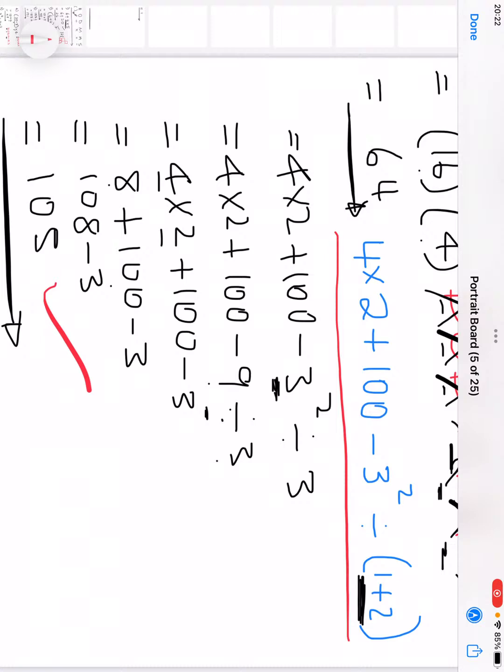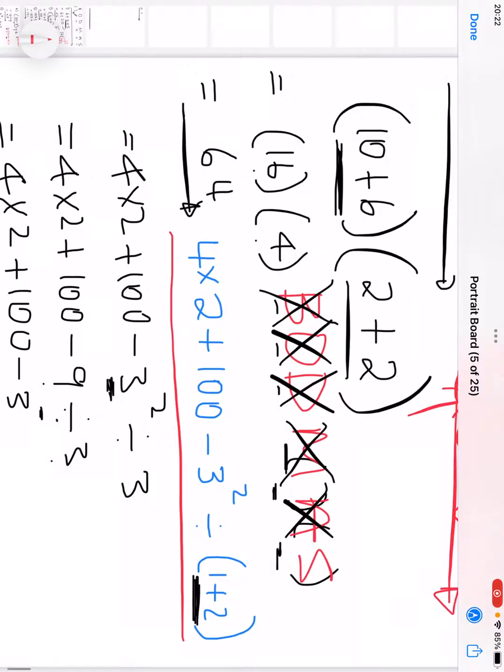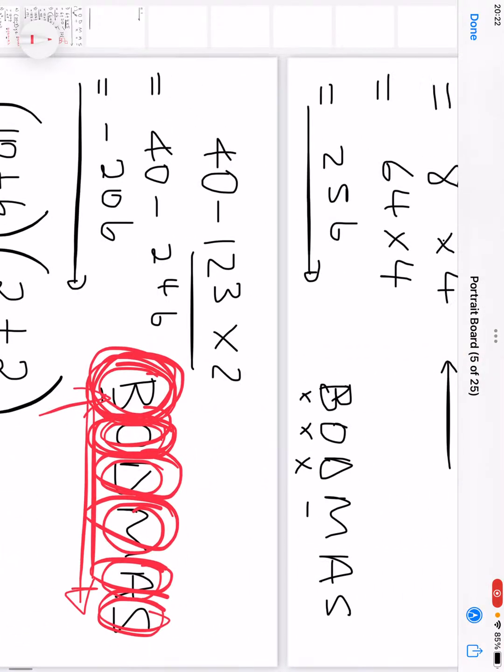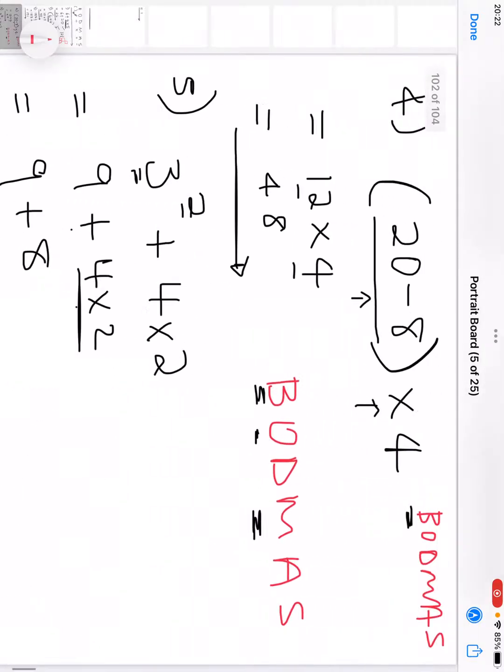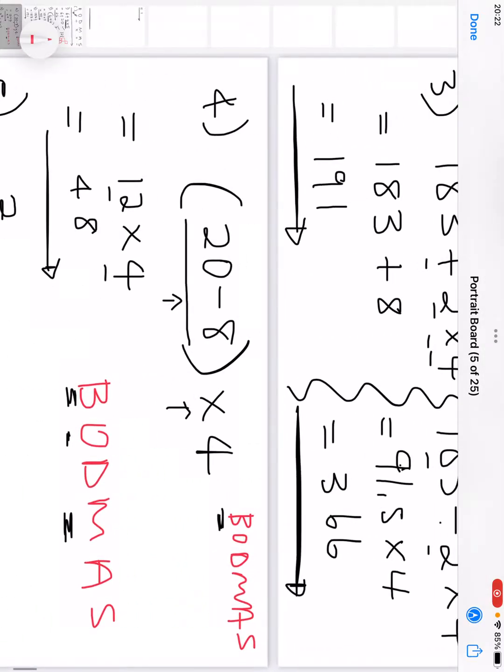Let's see. Okay, I think, oh yes, yes, it does give 105. So that means all that I've done is correct. I think for now I will leave it here, especially that I'm confident that I've covered everything, and I will just say